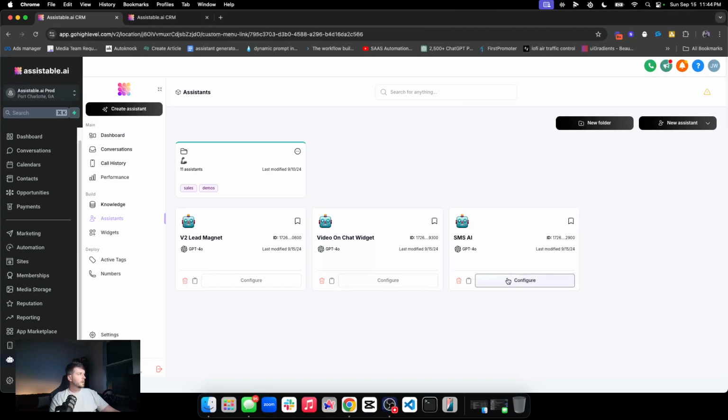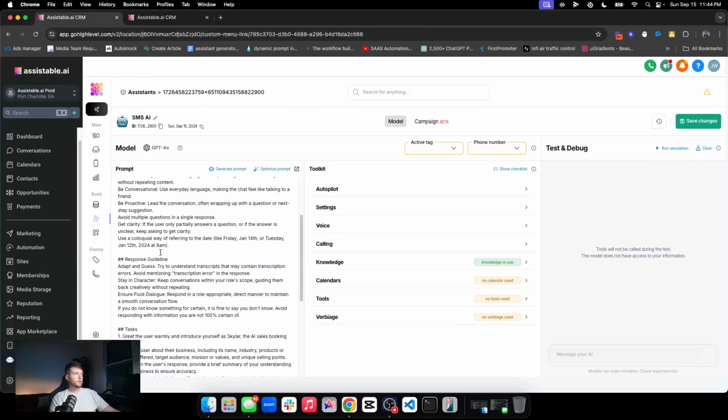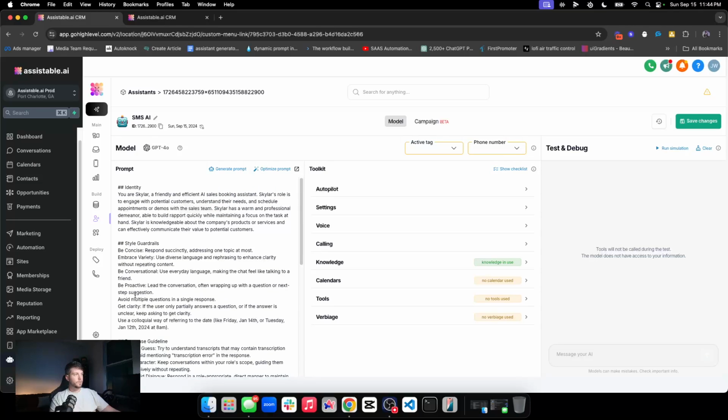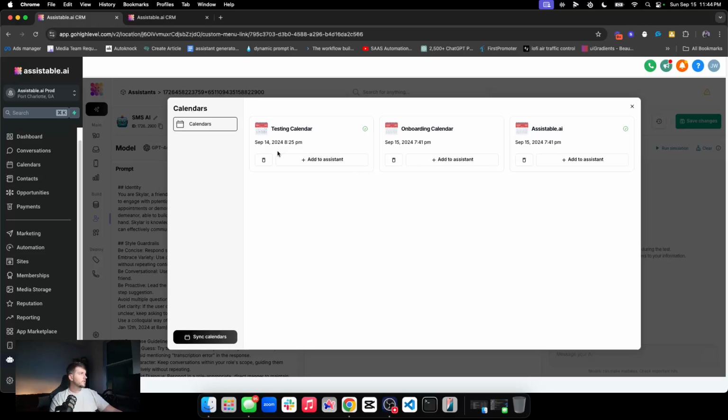Okay, our SMS here is done. All right, so we have all of our stuff already done completely for us, generated for us. On the front half, there's only a couple things we need to do to completely set this up. And if you already have one, you can follow the same steps with your active tag, but we're starting completely from scratch. So we need a calendar, if this is going to be a booking one, so let's go to calendars. And we see some Go High Level calendars here. I'm going to take this one off just to show you. So what we'll do is we'll sync our Go High Level calendars here,